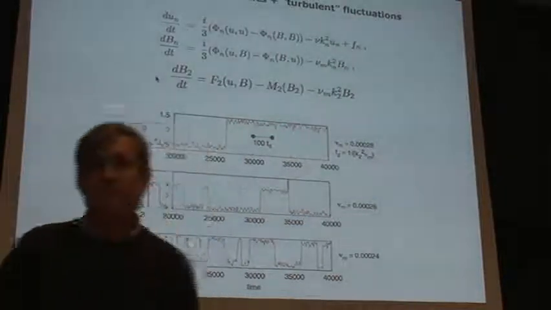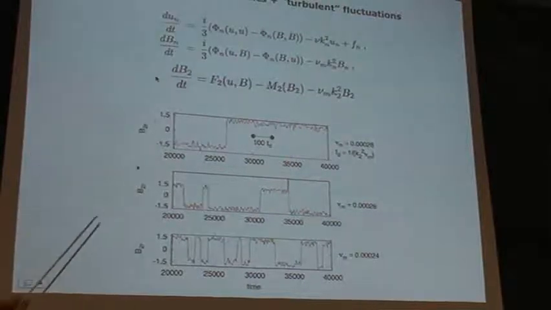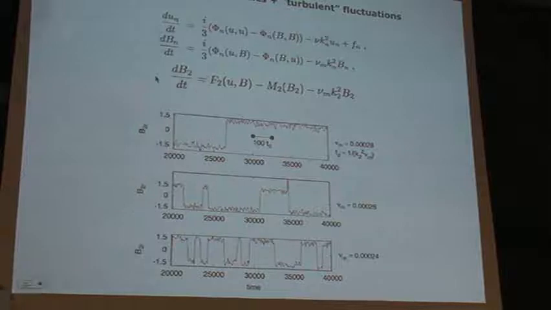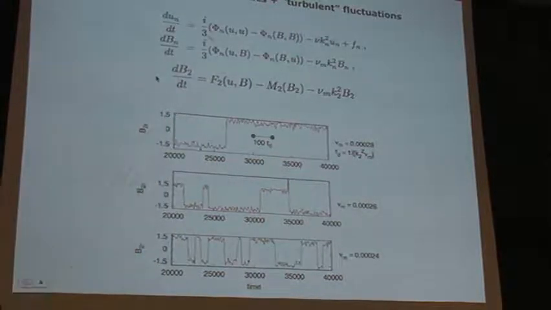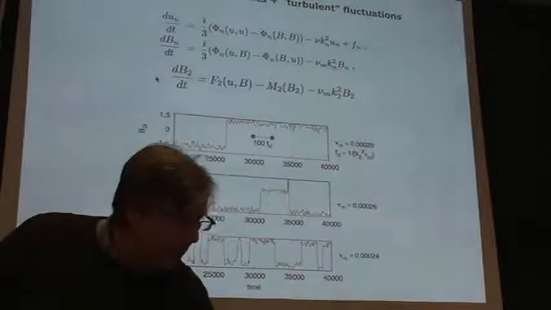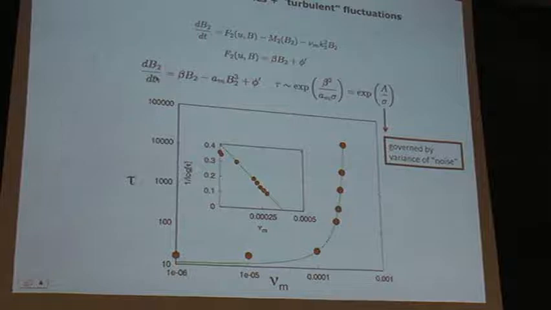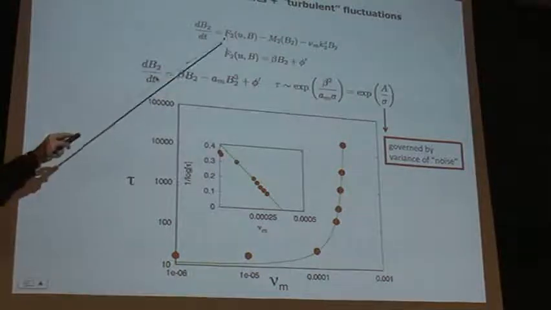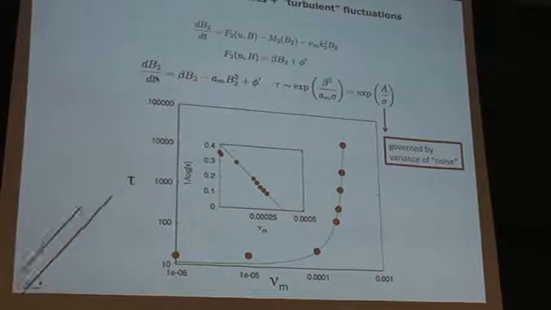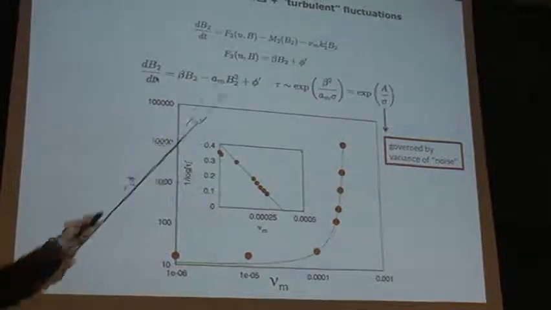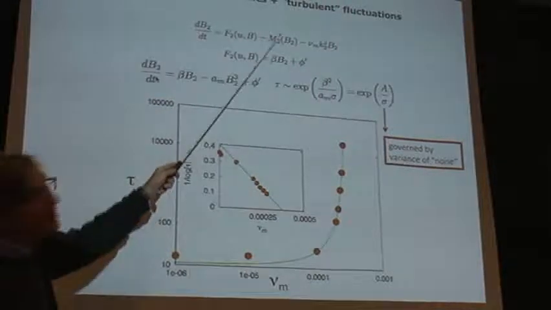So in the F2 term, you take more than just U2 and B2. You take the entire spectrum. It's the nonlinear term that is self-consistent with these equations. But you can convert that into a mean field theory. You can say that the F2 term has a component which is proportional to B2 that Roberto calls beta, but it's an alpha effect in our language, plus all the nonlinear transfers.